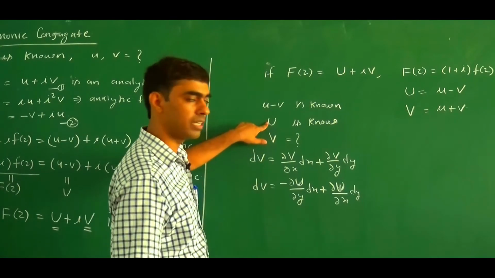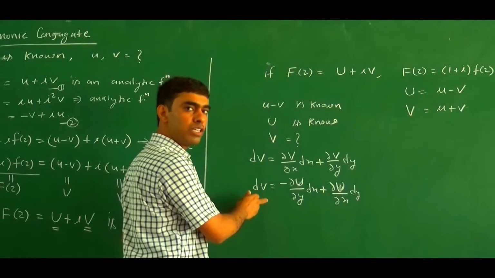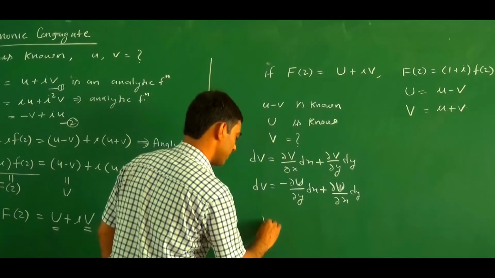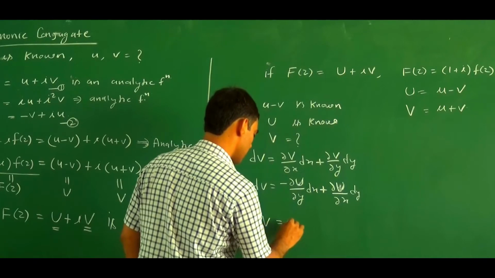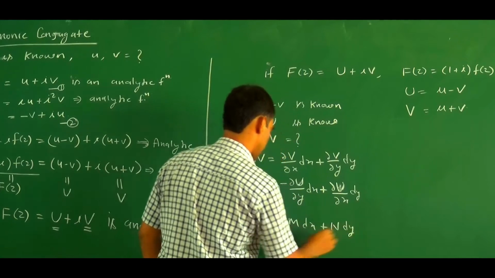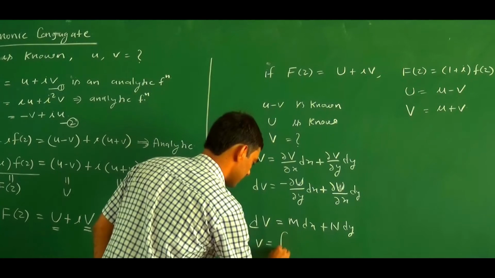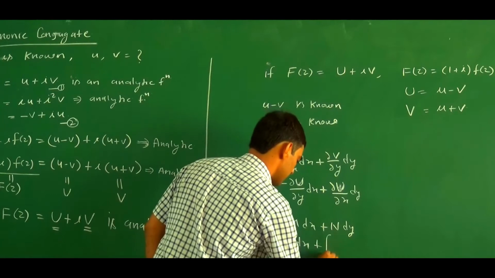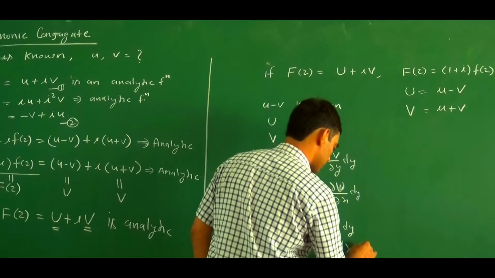And we have a value for U, so we find del U upon del y and del U upon del x. Then this is an exact differential equation. By solving the exact differential equation, we integrate. If dV equals m dx plus n dy, then V equals integral of m with respect to x plus integral of n with respect to y, ignoring the terms